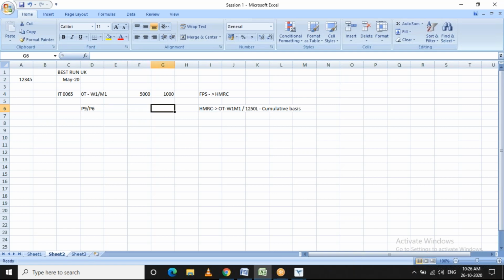It will be updated in infotype 65 based on the start date provided in the P9 or P6. It could be effective from the start of the May period, or from June or July. It depends on when the form is sent to the employer.